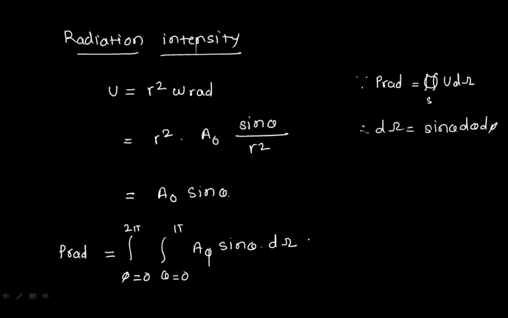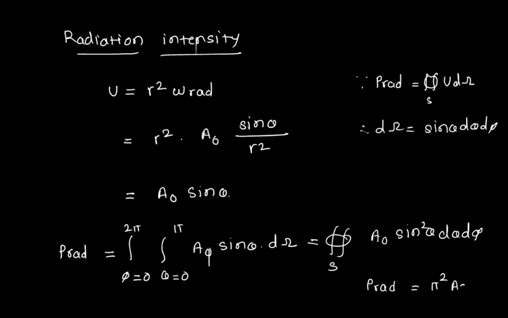So whatever I'll get here is nothing but the surface integration of A0 sine square theta d theta d phi. ठीक है, so the same equation I have got, and that's why if I solve this equation I'll get the pi square A0, the same, or you can write A0 pi square also. So whatever I have calculated is correct. If I calculate the intensity and convert it, or if I'm trying to find out the radiated power, it will be the same.